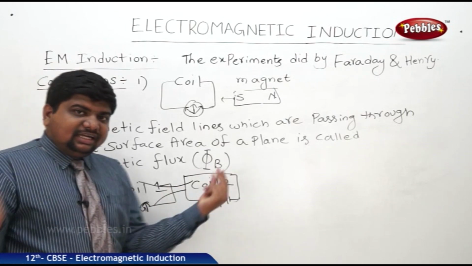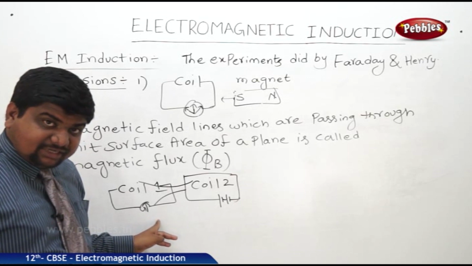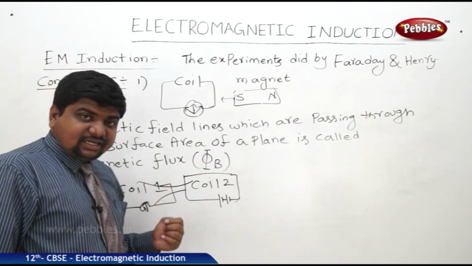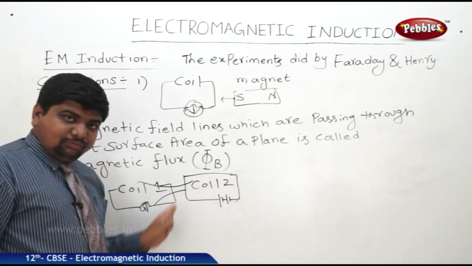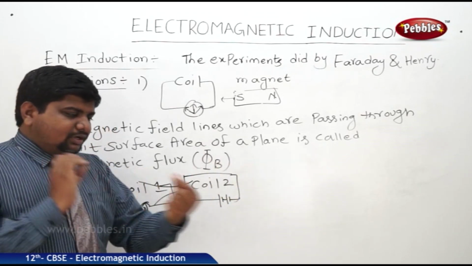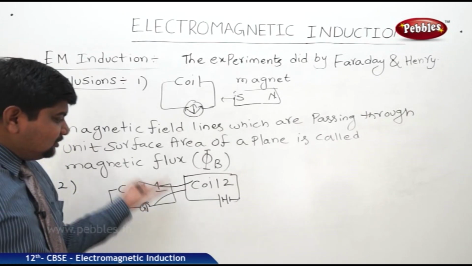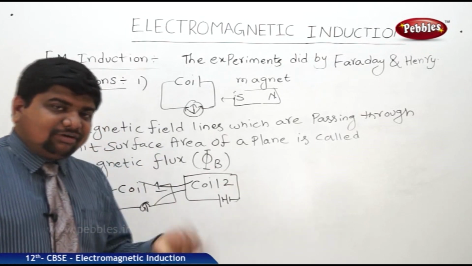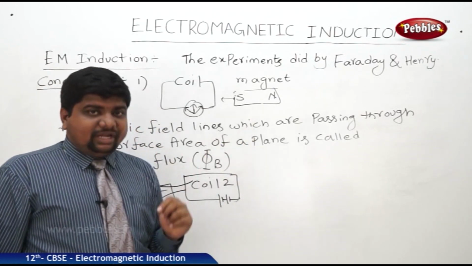Here also a relative approach between the two coils increases the galvanometer deflection. It means it increases the induced EMF production rate. And one more thing, if you keep one coil stationary and move the other coil, you will see the same effect. So the relative approach of these two coils will increase the induced EMF again. The same thing happens in the third one also, but by placing an iron rod or any conducting rod, the deflections will be greater.